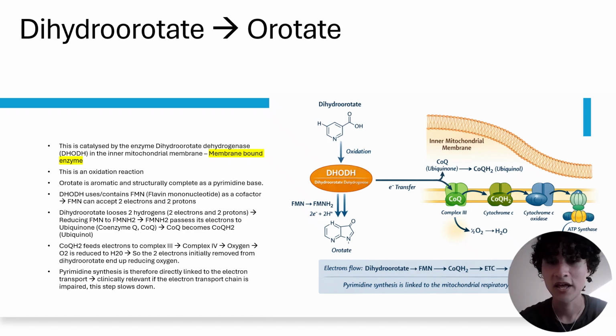Now, it relies on a series of redox reactions through these proteins embedded in the inner mitochondrial lipid bilayer, such as complex 2, cytochrome C oxidase, ubiquinone, and these protein complexes will take electrons. Typically, these electrons come from coenzyme complexes FADH2 and NADH, which are mainly generated in the Krebs cycle and glycolysis. But in this case, we've got electrons that have been donated from our dihydroorotate and accepted by our